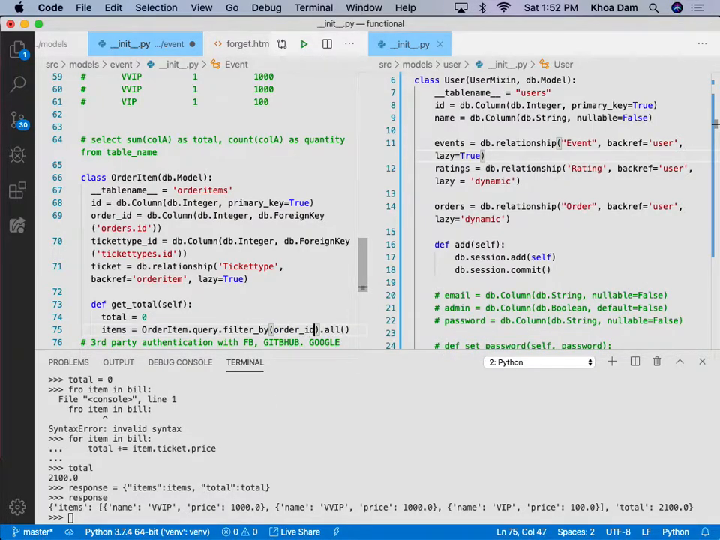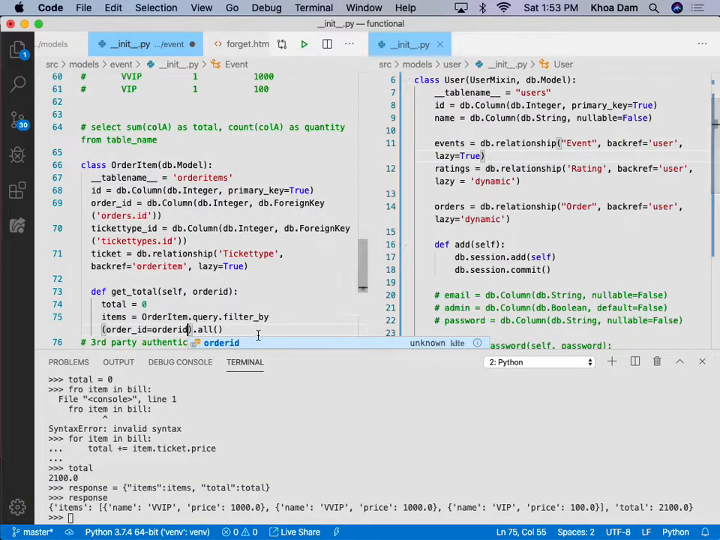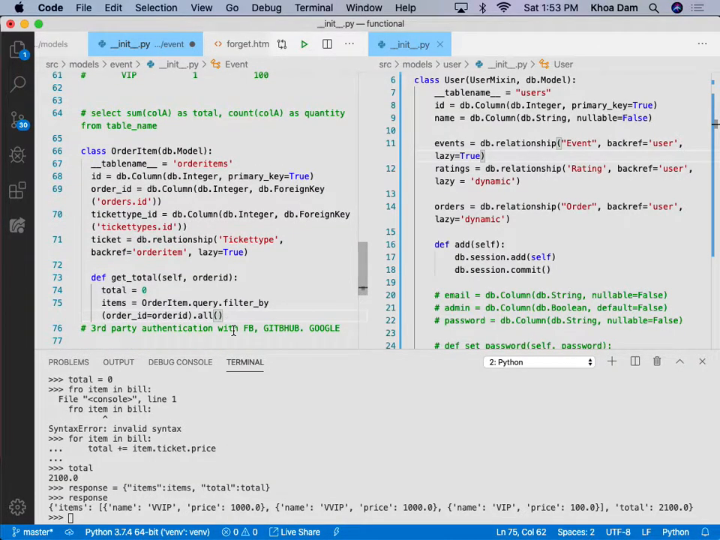Order ID equal, and now we have to pass an argument, right? Order ID, and what else? Order ID here. One more: complete. That's it. Filter by order ID equal to order ID, get all of them, and then here